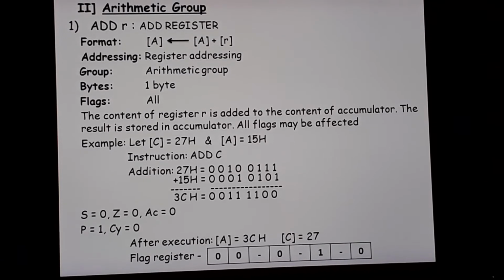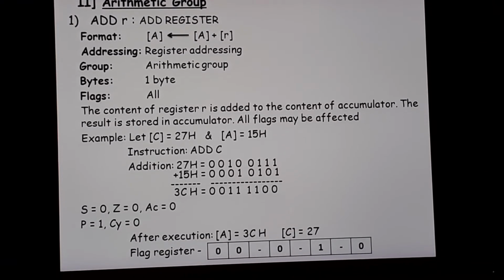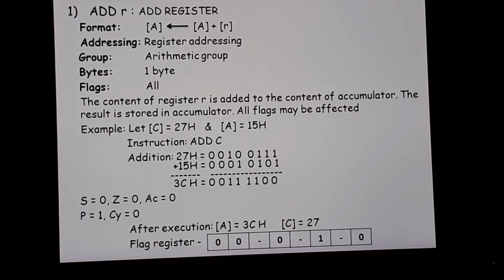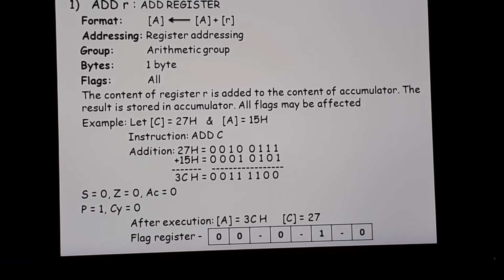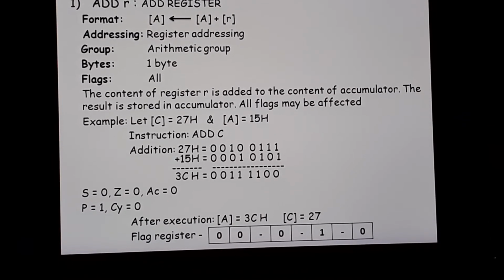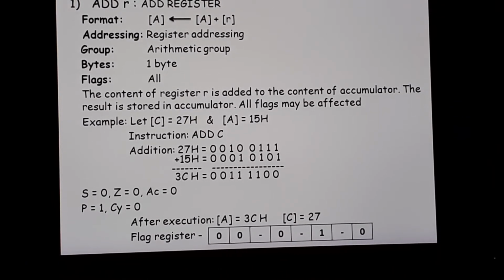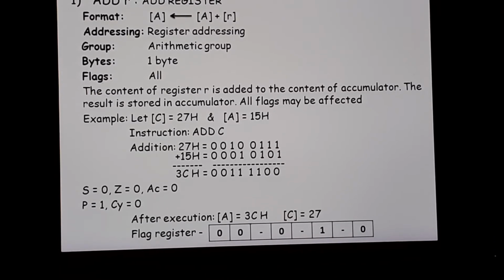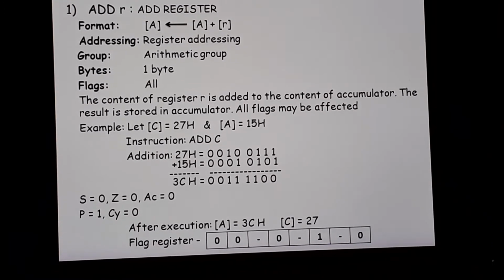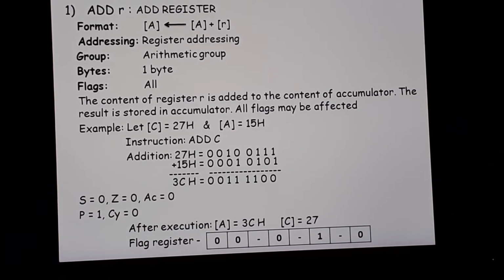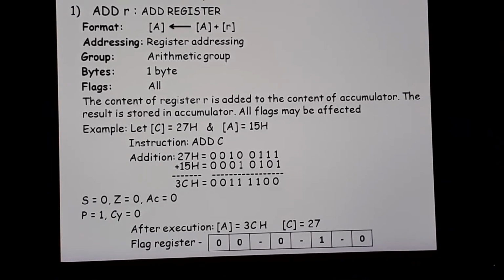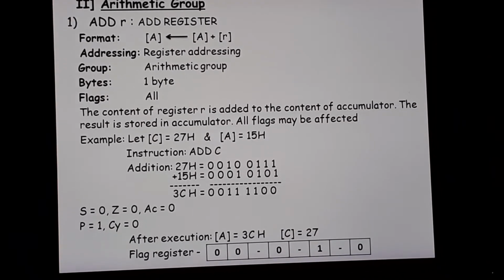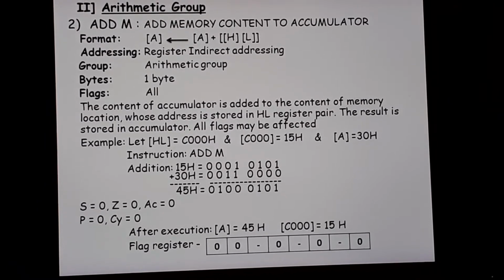Okay, you can try in your rough notebook this addition, and you can also try with the flag register. Now see the flag register that you mentioned, you also need to show in the box. So flag register, you will draw the 8 bits and you will set and reset the flag answer that you got. Okay, and you can show a dash or don't care. Okay, in between these flag register there are 3 don't care flag bits. So total there are only 5 flags that you need to show in your answer. Now let us start with the second instruction in this particular group.